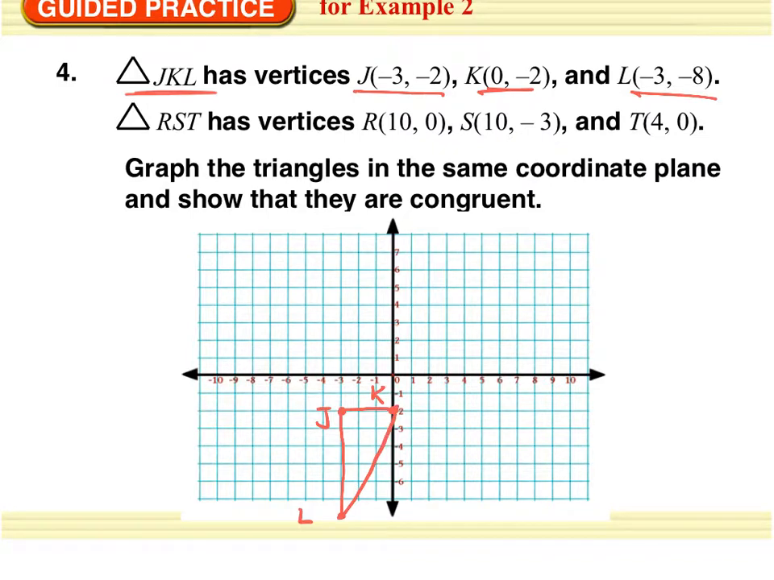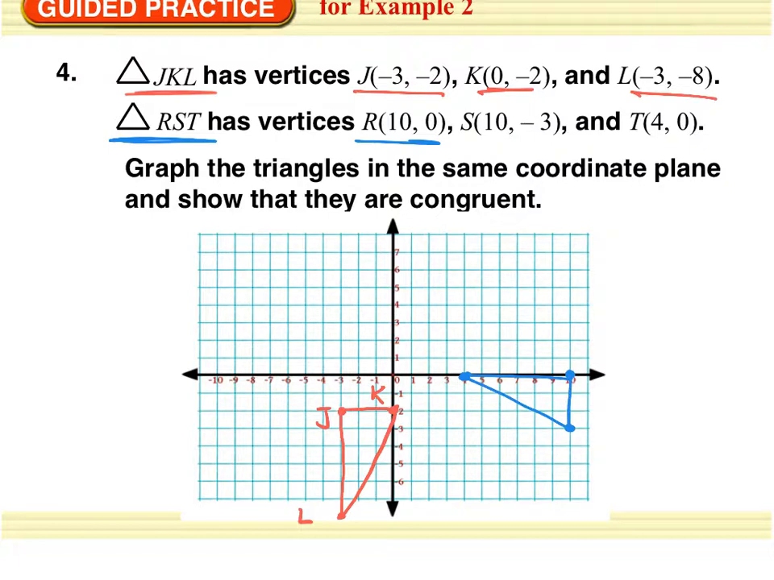I'm now going to graph RST in blue. So 10, 0, 10, -3, and 4, 0. I now need to check to see if they are congruent. And right now the shortcut I'm going to use is I'm going to check the lengths of each of the